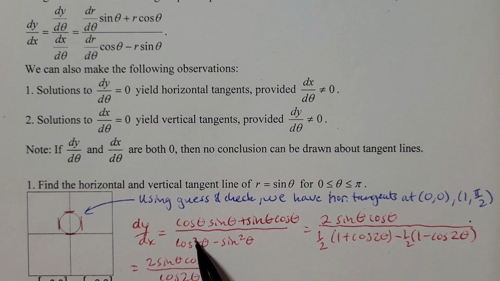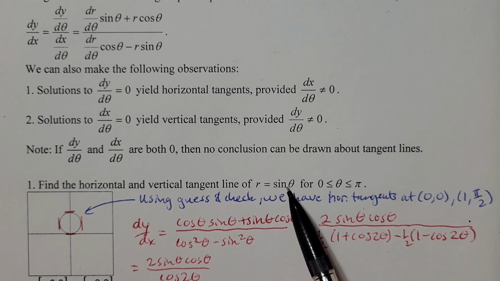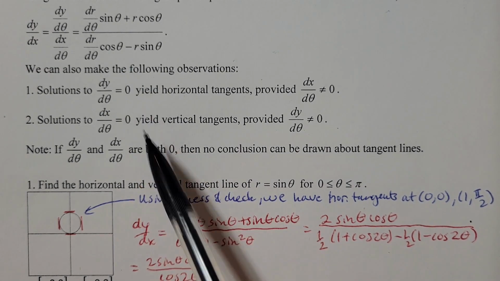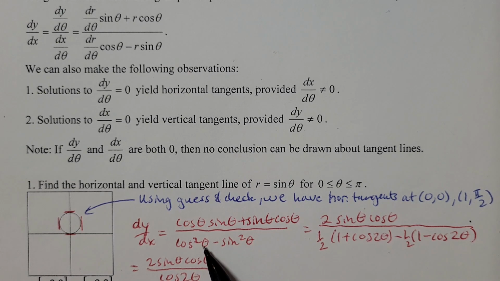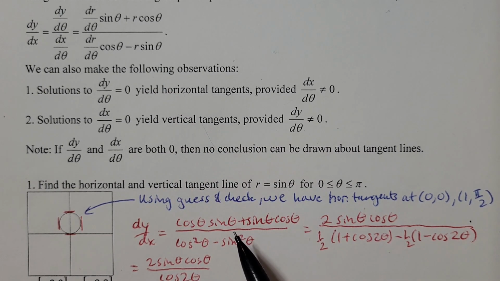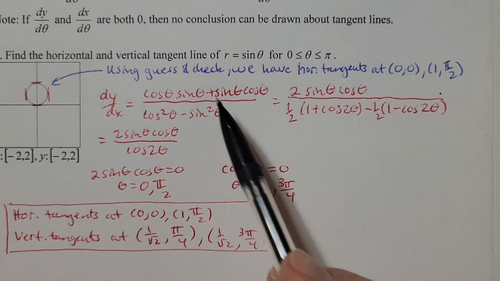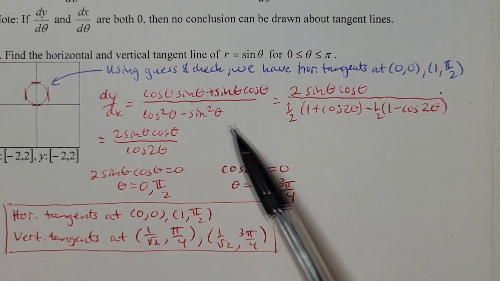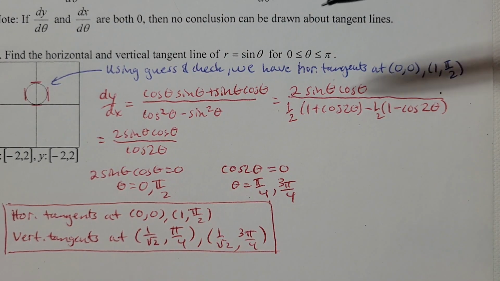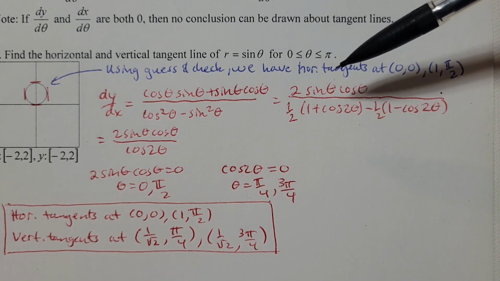I'm dividing that by dr d theta, that's cosine theta, times cosine theta, that's cosine squared theta, and then minus r, which is sine theta, times another sine theta, that's sine squared theta. Now let's simplify this. I got 2 sine theta cosine theta terms up top, and I'm dividing this by